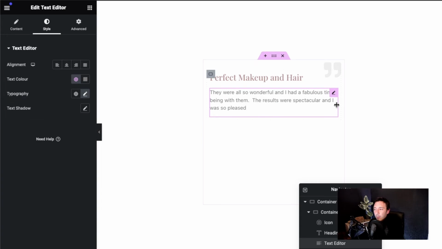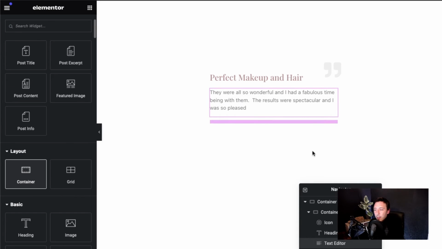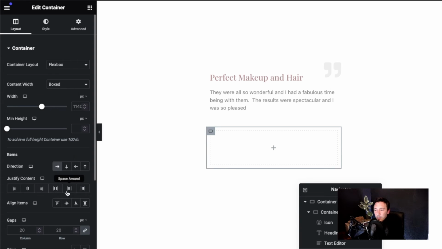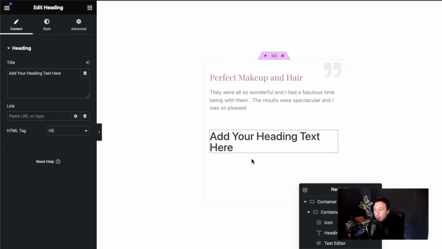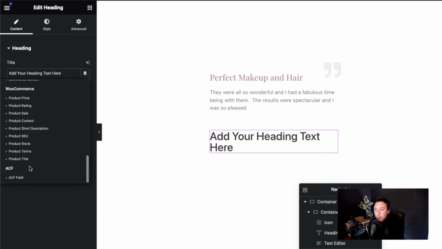Yep, that will do at this point. Okay, I'm quite okay with that. Now I would like to bring in another container and fling all of these across. I'm going to bring in 2 headings. So bring that one in, and this is going to be